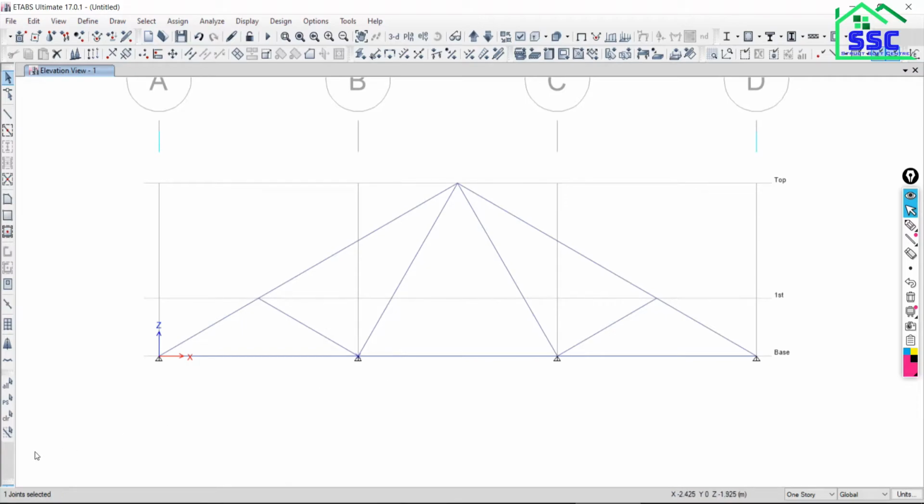That's why, as you can see here, one joint is selected. You have to focus on this side. It is a very important thing. Every time, at every operation, you have to keep your eye on the left bottom side as well as the right bottom side. We will discuss that in detail later when we move to the next session. You will understand the importance of this bottom information.